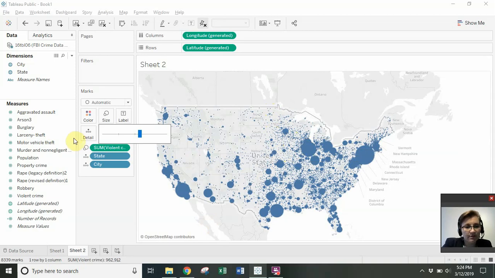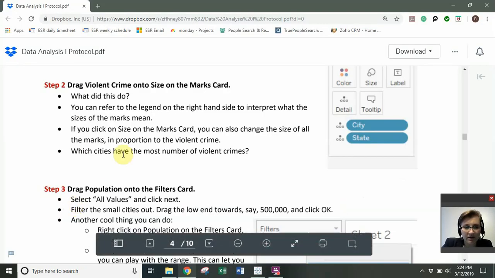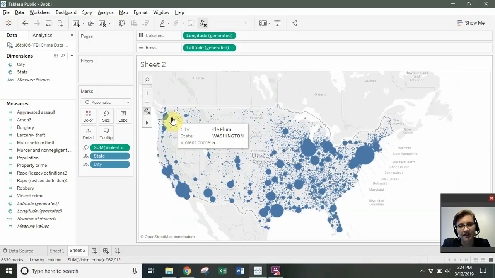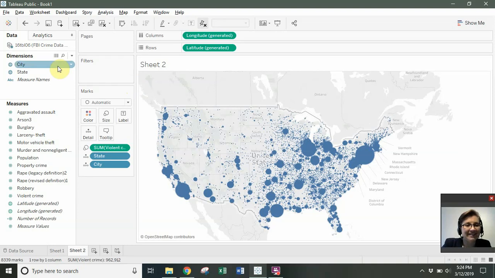So let's go back over here. You can refer to the legend on the right-hand side to interpret what the sizes of the marks mean. There's not actually a legend here. So let me show you how to get it, just in case we haven't updated this document by the time you get this. So we're going to take